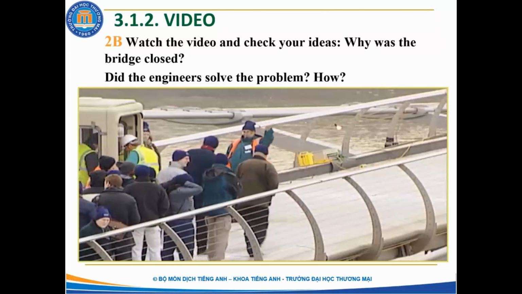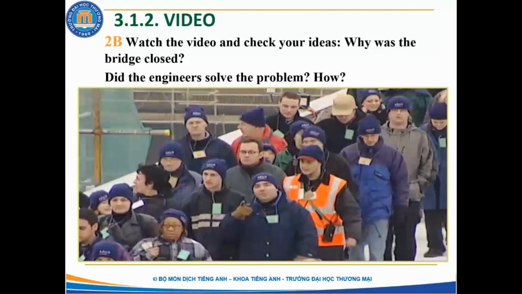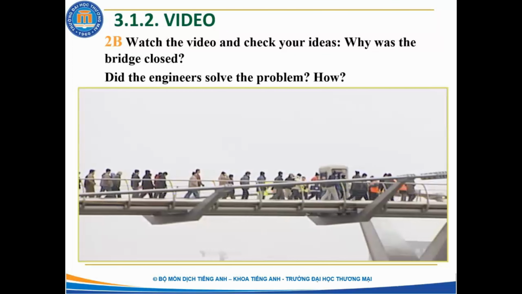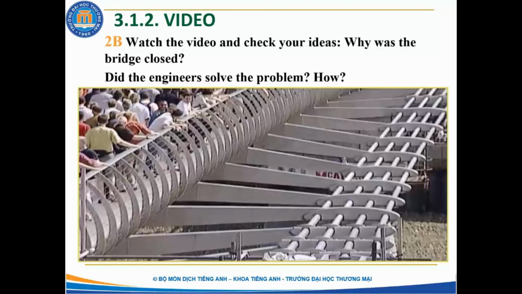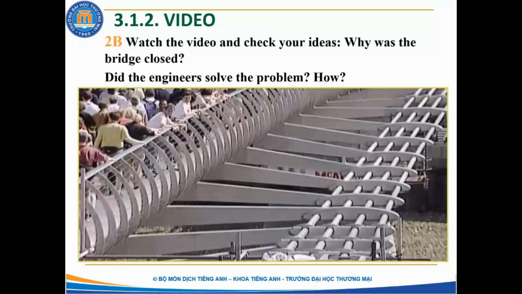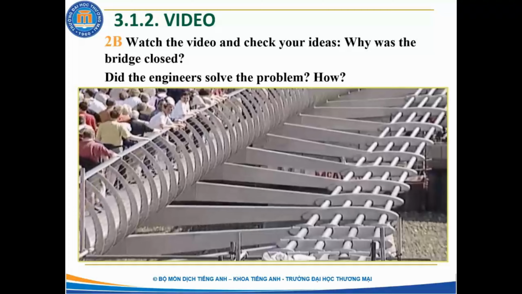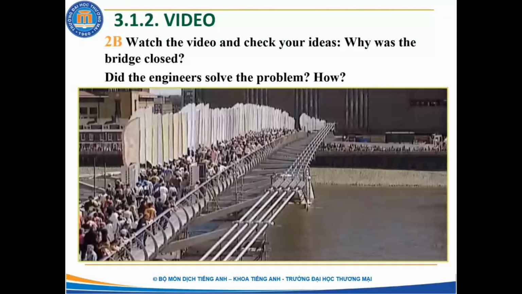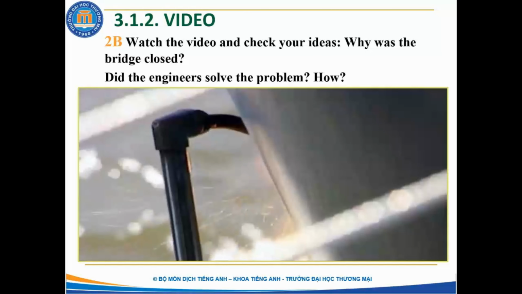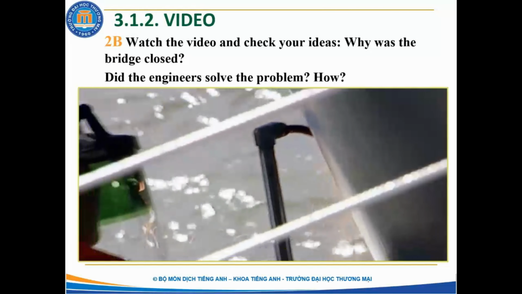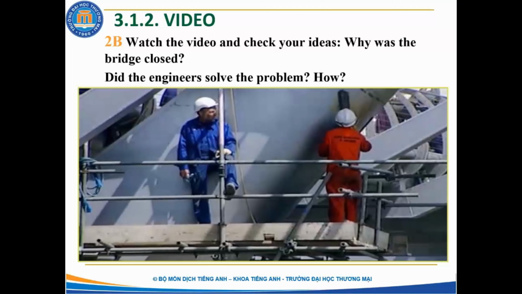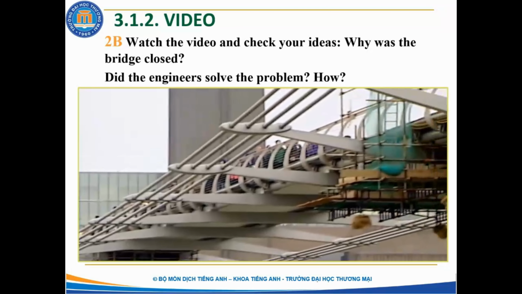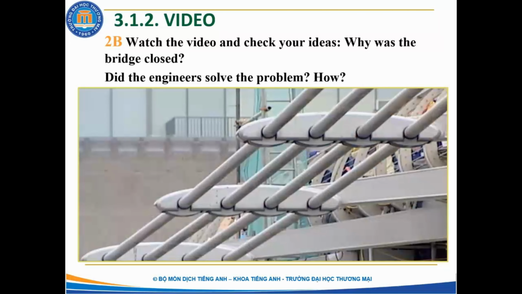The engineers found that the cause of the problem was the way people's bodies reacted to the very small movement of the bridge. The bridge's slight movement caused people to walk differently, and the change in their walking made the bridge move more. Engineers came up with the solution of attaching additional parts to the bridge to stop the movement. The work resulted in even greater budget and schedule overruns.